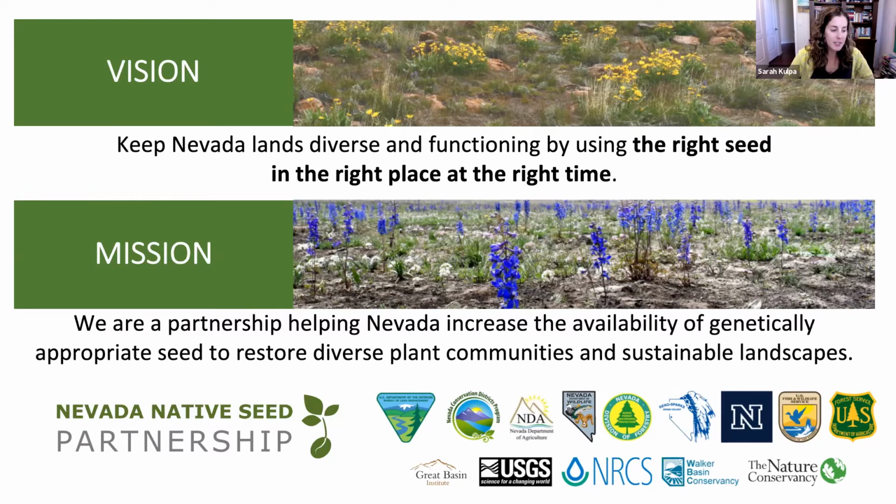All of the agency logos pictured on this page are part of the Nevada Seed Partnership. Successful implementation of our Nevada Seed Strategy requires coordination within the partnership, as well as with participation of a diverse set of public and private partners. We are working towards achieving 4 goals and 36 specific actions, which are all described in our seed strategy.